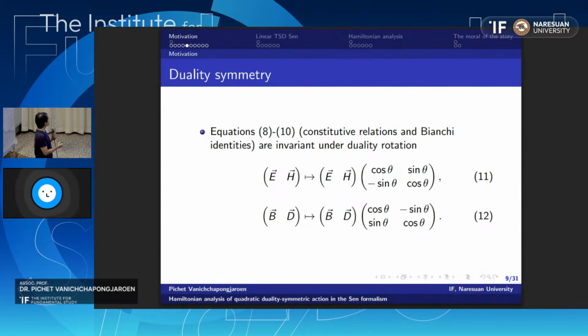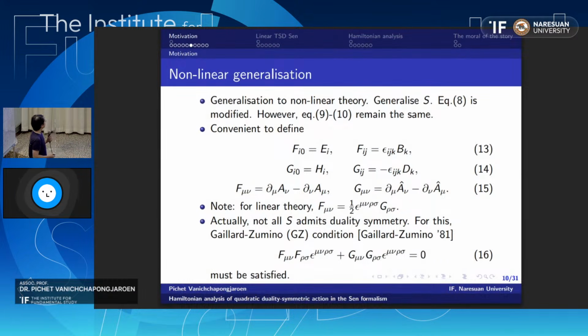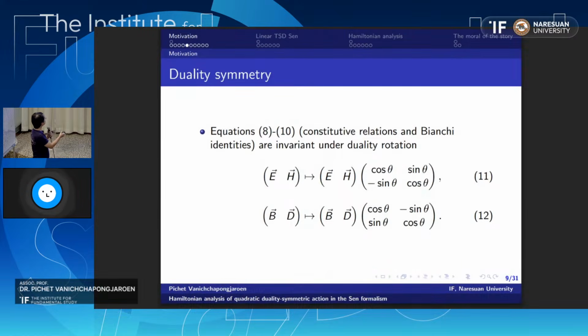And if we look at the duality symmetry, then the equations still have the SO(2) duality symmetry. Before we go to the action, let's do the nonlinear generalization, although we are not going to discuss it much in this talk, as this is perhaps the only thing that has the word nonlinear. So in order to generalize to the nonlinear theory,